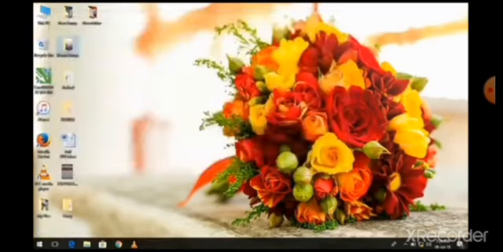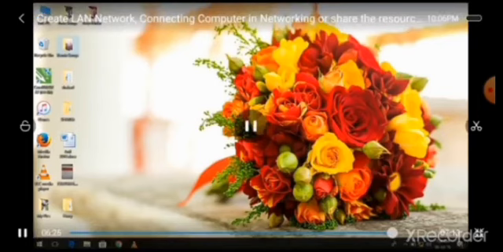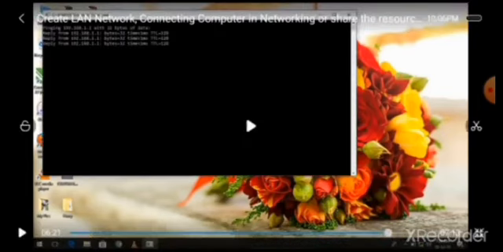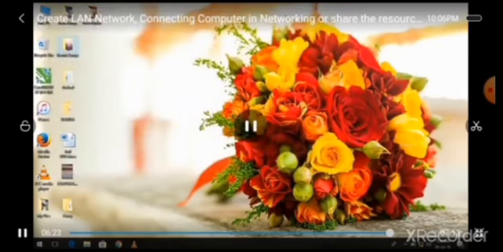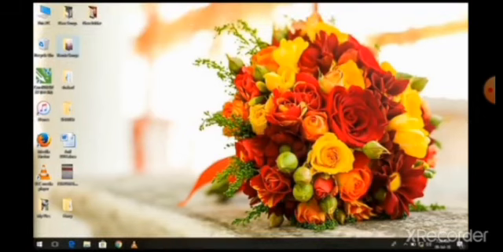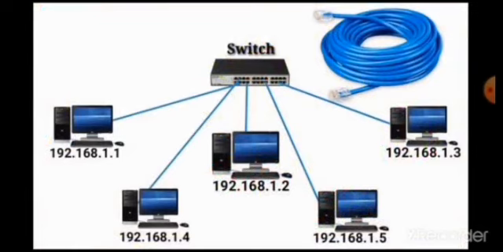If it gives reply messages, like pinging reply from that particular host, that means your computer is properly connected with all other computers. So it checks the connectivity of your computer. If it doesn't reply anything, you understand that your computer is not connected. So this is the basic scenario of how to configure an IP address.